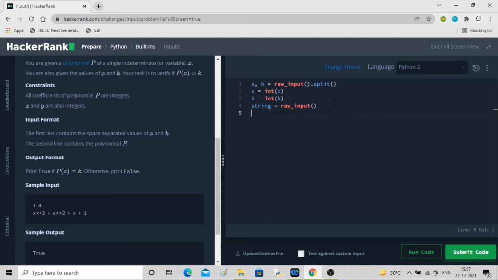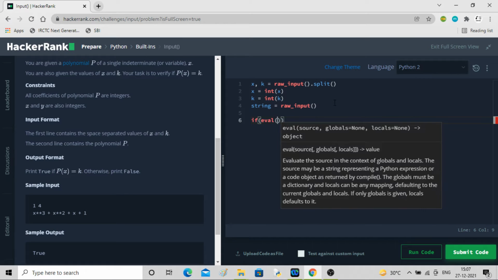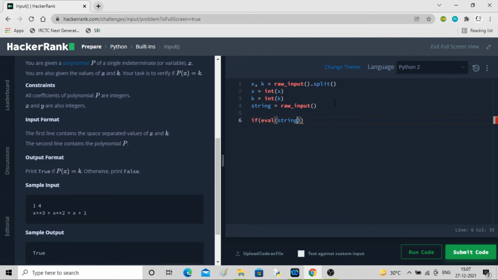Now we have to check the condition. If eval(string), since we have already defined the values of x and k, it will use them, is equal to k, then we print True. Else, print False.